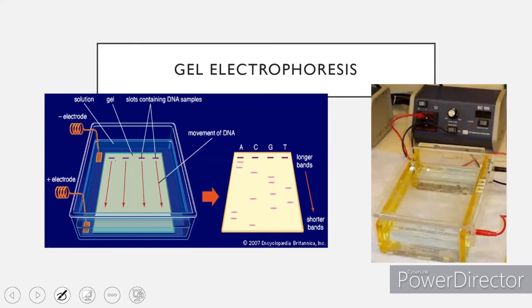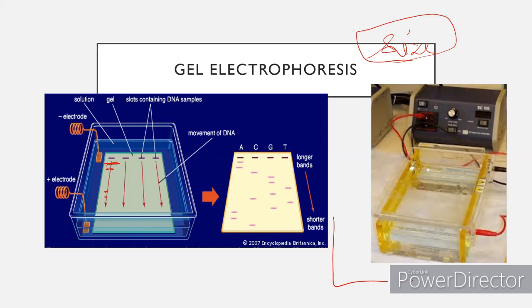And then as it moves, the larger fragments stay at the top because they're heavy and they move slowly. And then we have the smaller fragments which are present at the bottom. So they move according to the size, which is important. The larger fragments remain at the top. For example, if this is an agarose gel and these are the wells, the larger, heavier fragments will be at the top, and the smaller fragments will be at the bottom if they're moving in this direction. That is about gel electrophoresis.